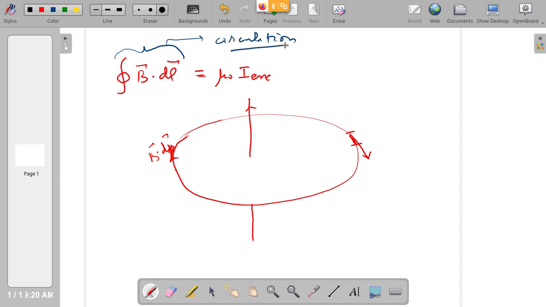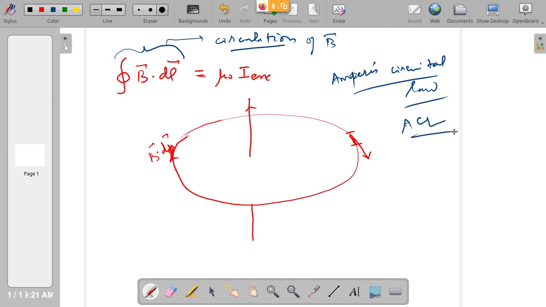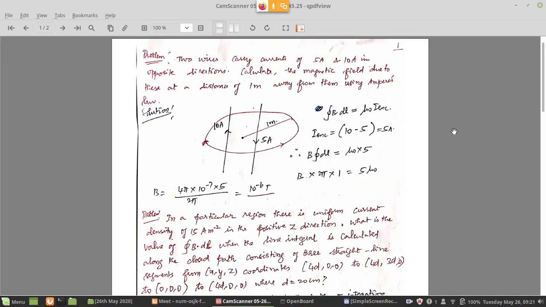So all that Ampere's law tells me is that the circulation of the magnetic field is equal to mu naught times the current enclosed by the loop. Right. So this is the essence of the whole of Ampere's law. This is also called Ampere's circuital law, or simply Ampere's law, ACL. Based on this, a lot of applications we can do. Some simple applications we will start with first, so that we know how to apply the law. Then we will proceed further.